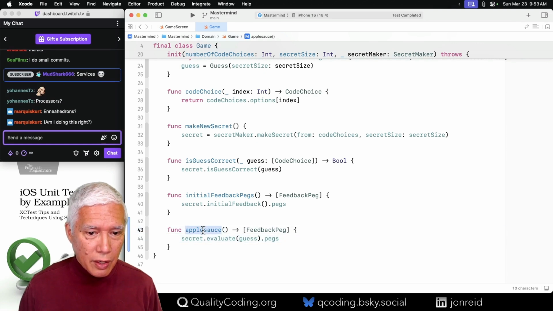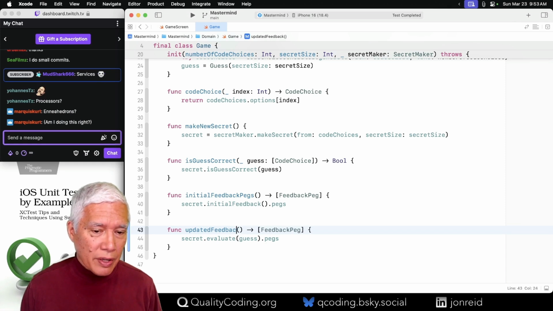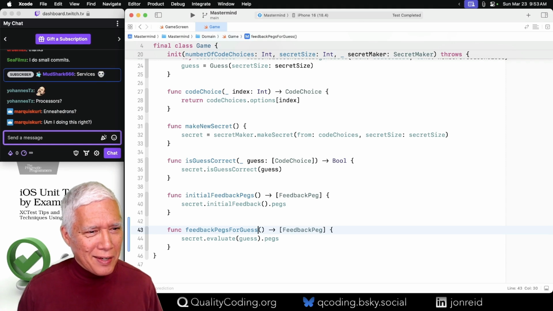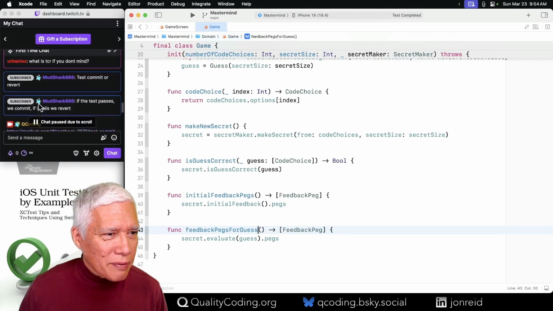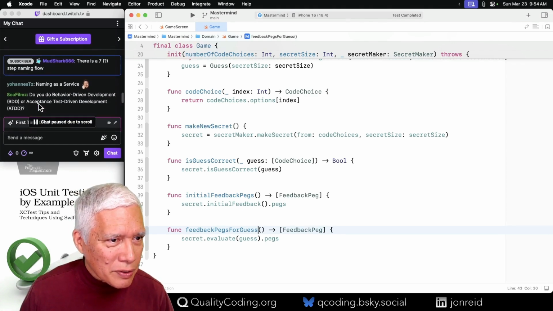This is updated feedback, or feedback for guess. Feedback pegs for guess. That's a pretty good name. And oh man, how many hedrons is that? Oh, and by the way, I forgot about